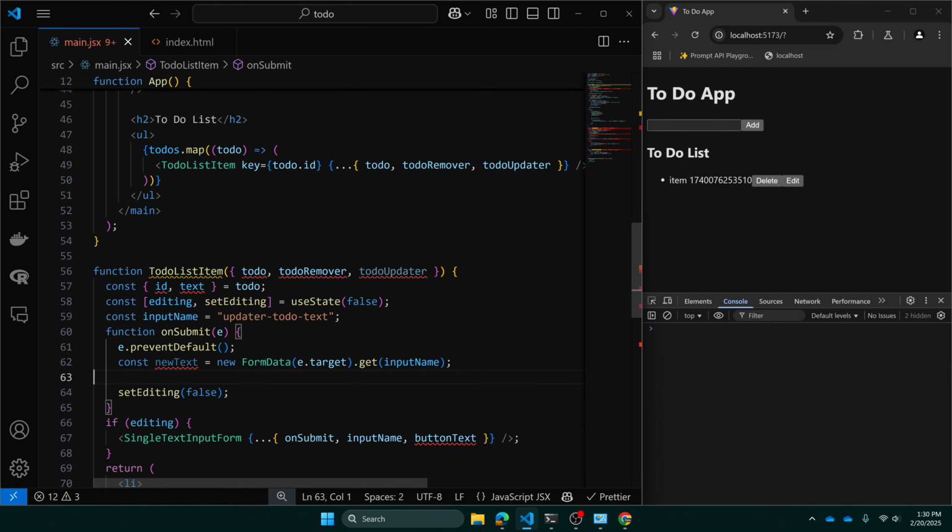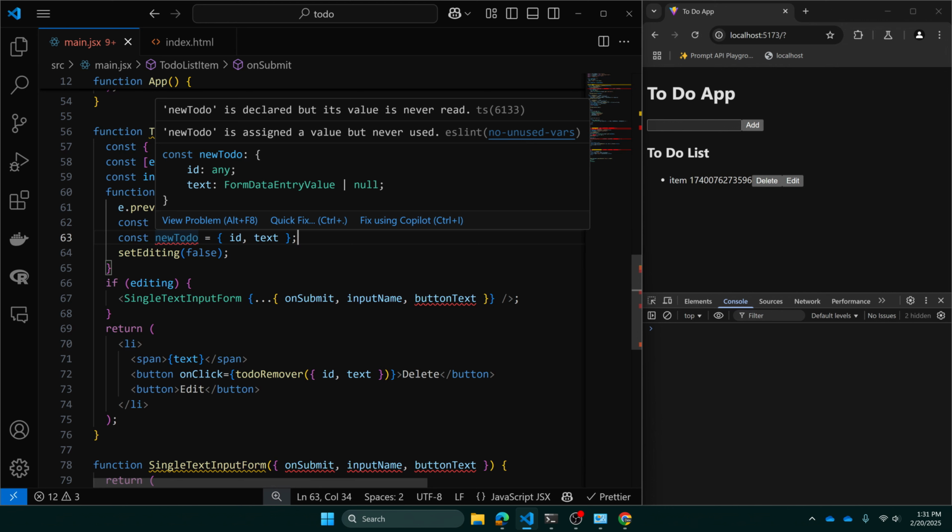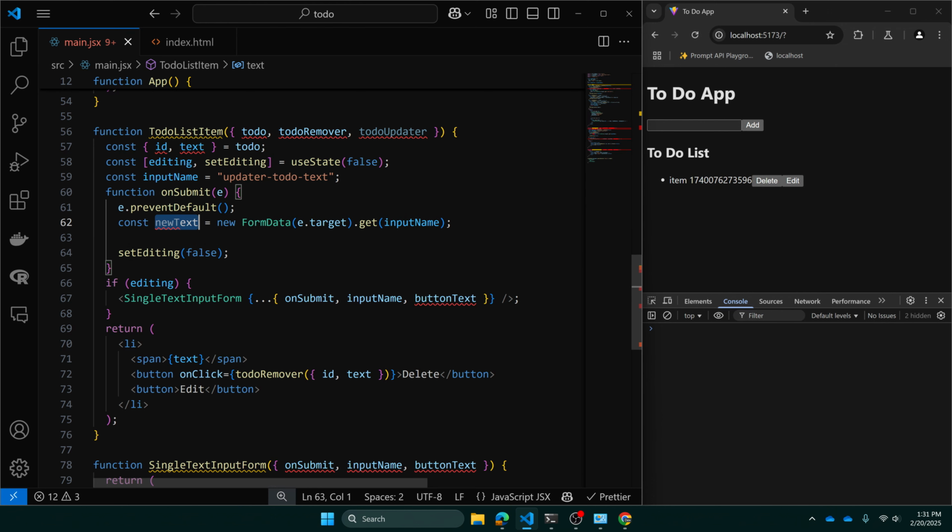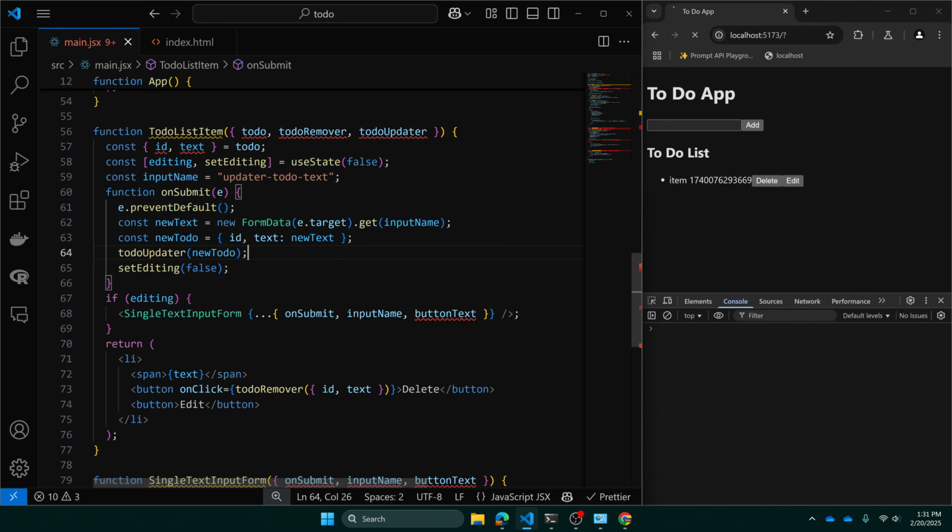call the, we just call this text, so it's easy to assemble the object. New todo is ID, text, and ID comes from the ID up here, and then I guess newText is fine because that's more clear that we're using a different variable for that. And setIsEditing will be correct, but we need to do the todoUpdater on this,